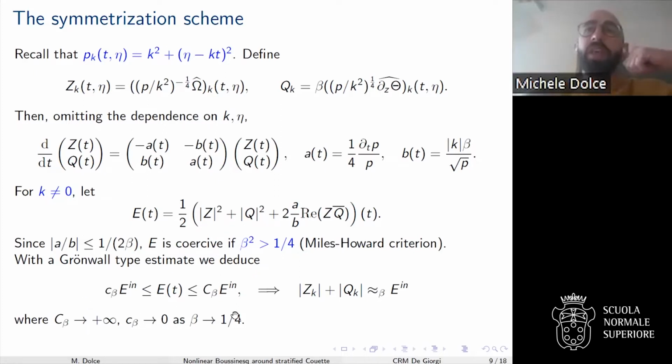And this is telling you that if you think of Z and Q in the Z-Q plane, these are evolving like in an ellipse, meaning that you can bound this quantity in an annular region, telling that Z and Q are basically of order 1. And as I was trying to explain before, heuristically, once you have bounds on Z and Q, you can recover information on the vorticity and the density.